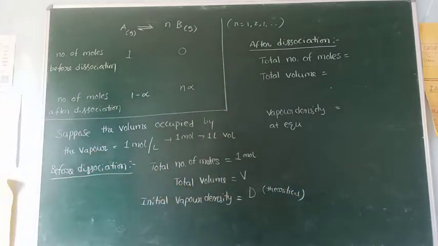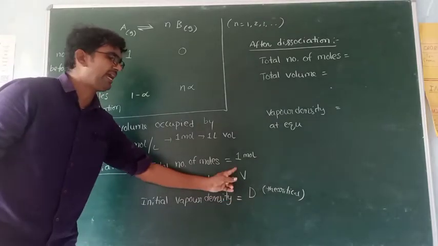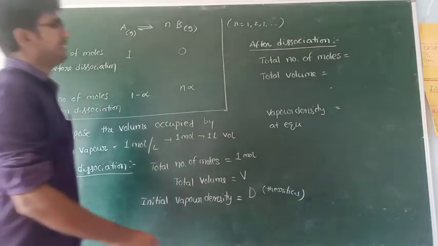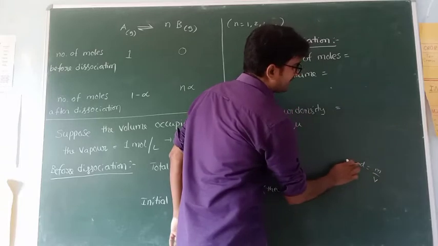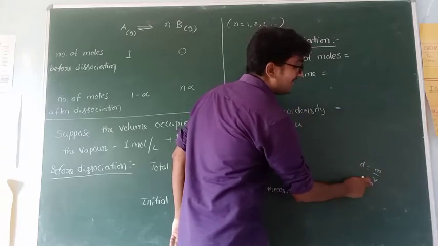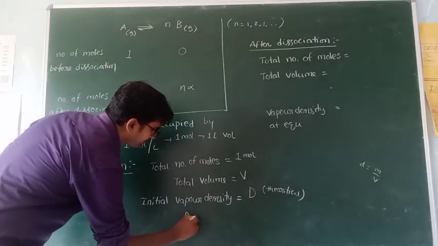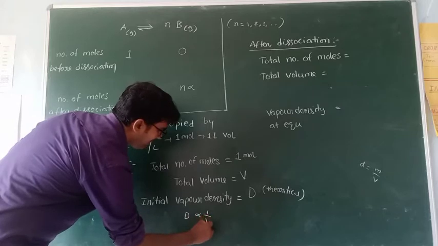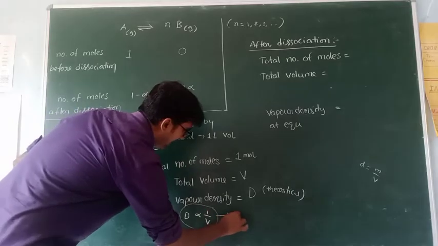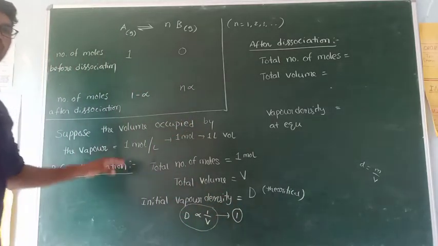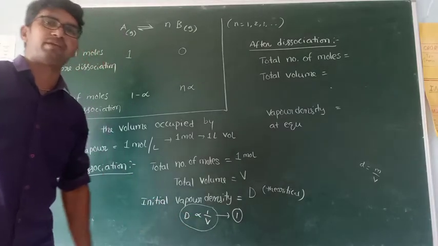Theoretically, we just write the density value. Now, what is the relation between density and volume? We know that generally density is equal to mass by volume. So what is the relation between density and volume? These two are inversely proportional. Here, density is D, inversely proportional to 1 by V, where volume is V. This is taken as equation 1. So before dissociation, the density and volume relation is D is proportional to 1 by V.